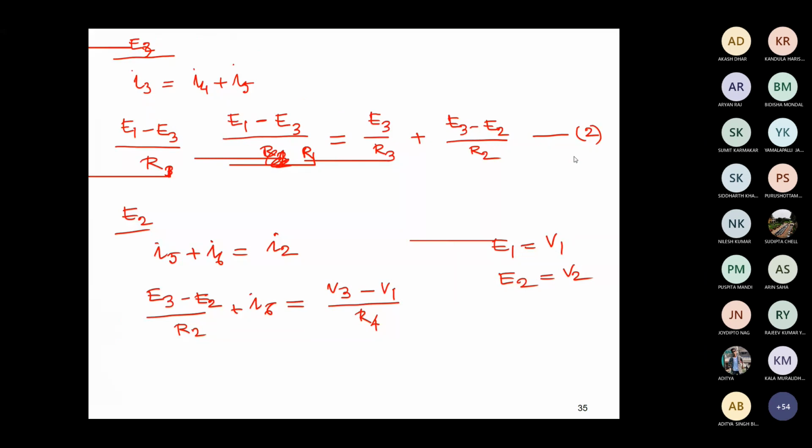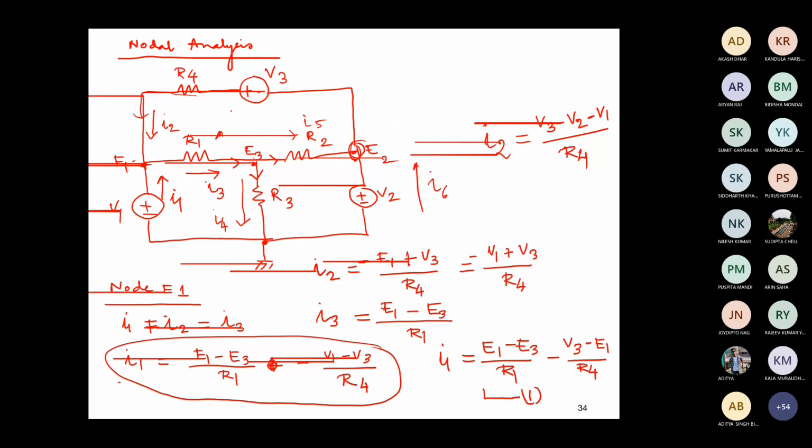But for this particular problem, if we do loop analysis, it will be more convenient for us, because whenever you can identify the loops, it is better to go for the loops. And mostly, this is all with voltage sources, but whenever you find current sources, it will always be preferable to go for nodal analysis. And if you get voltage sources and can identify the loops well, then you can go for the loop analysis.